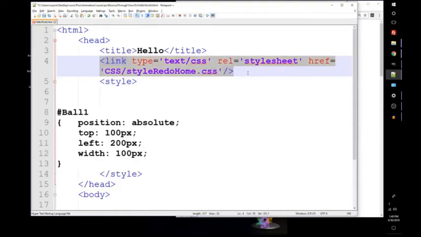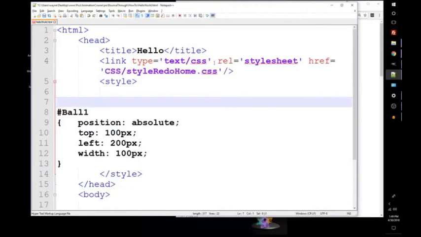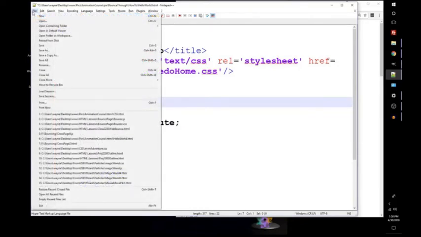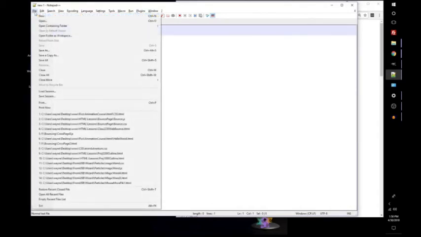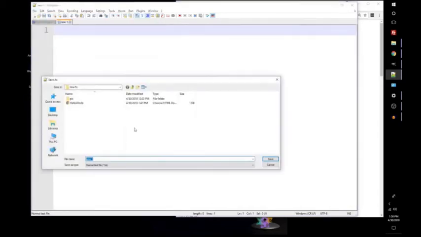So this is the syntax for a link to a CSS file, but we haven't created the CSS file for it yet. So let's do that. So I'm going to go in Notepad++, I'm going to go File, New, and I'm going to go File, Save As,